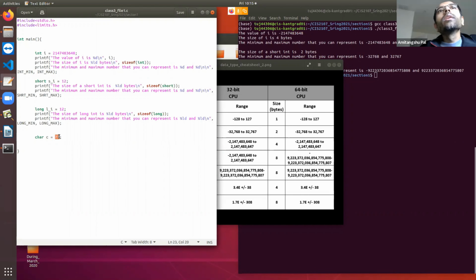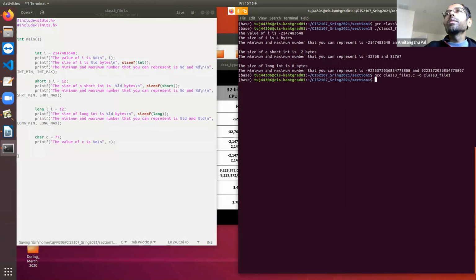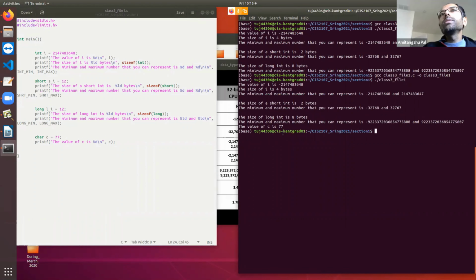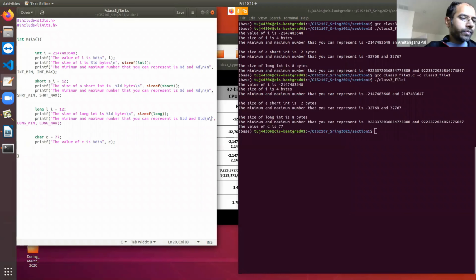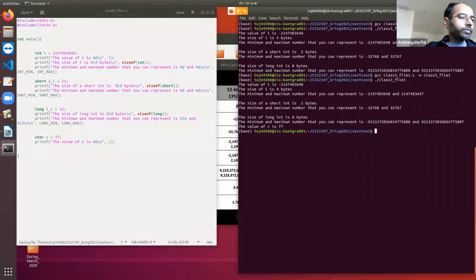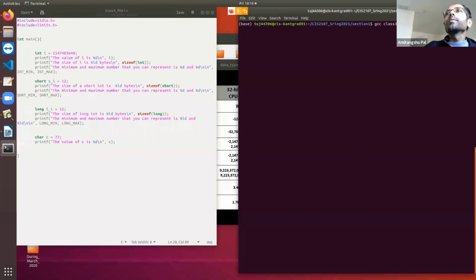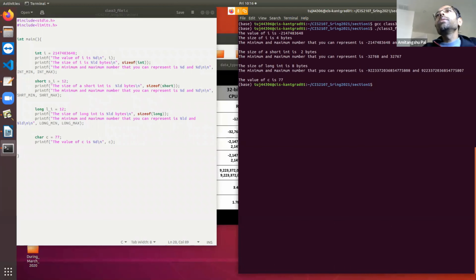Okay. So let's see. If I print the value of c with %d, let's see, the value of c is 77.